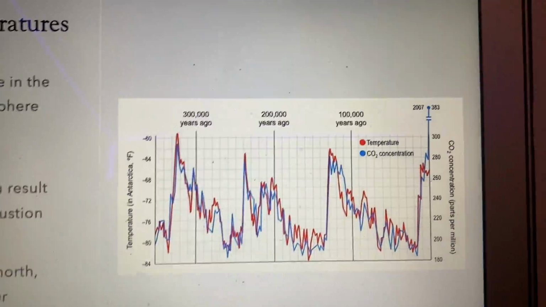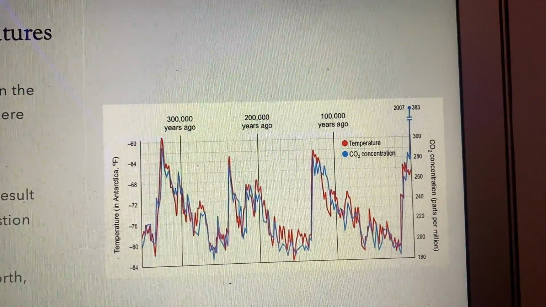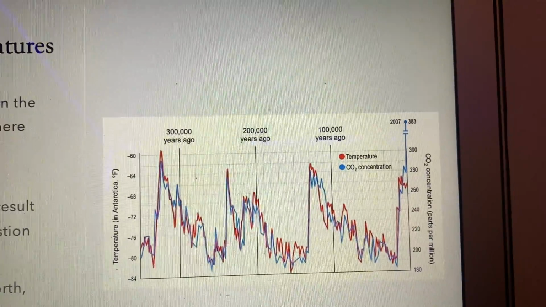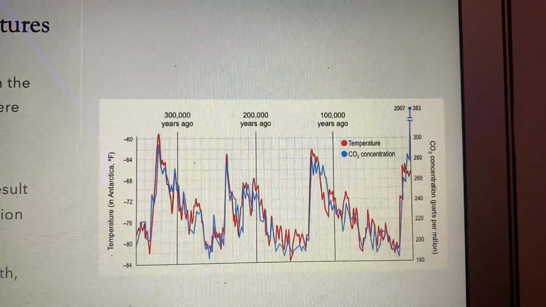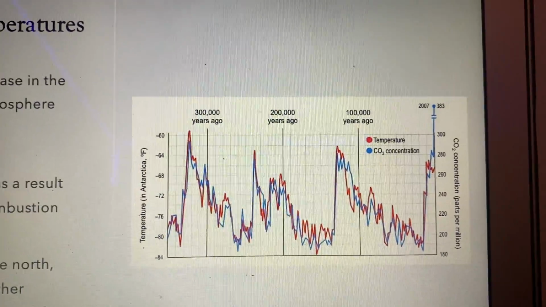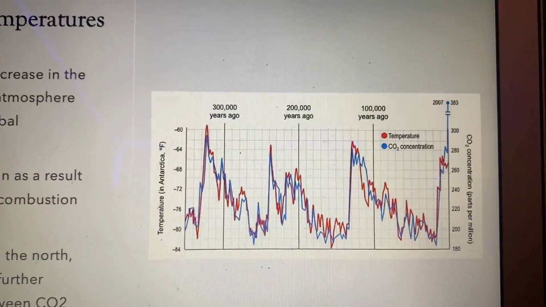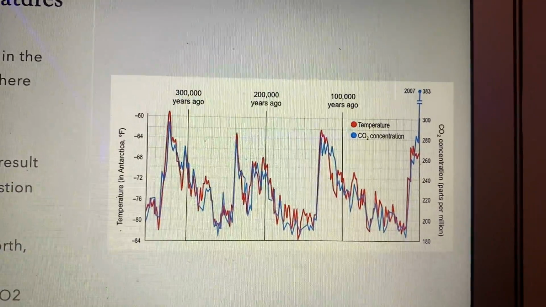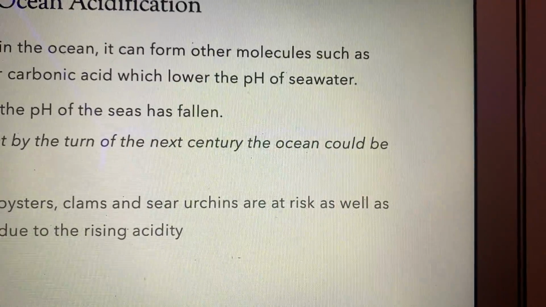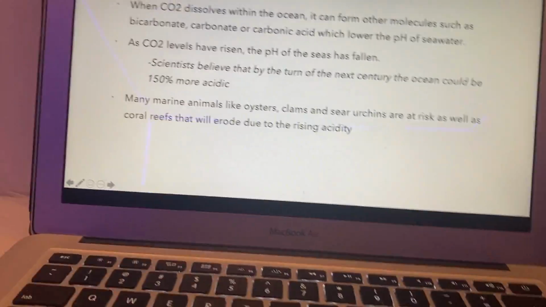This is how global warming has increased exponentially within just the last 100 years, because humans have advanced during the Industrial Revolution, and then these advancements have led to more utilization of fossil fuels and combustion, and therefore more CO2 within the atmosphere. Now, one drawback of